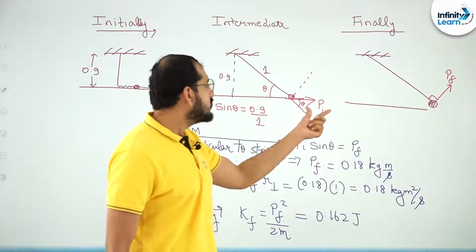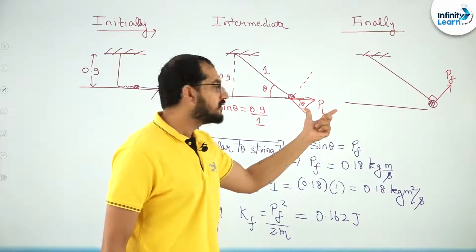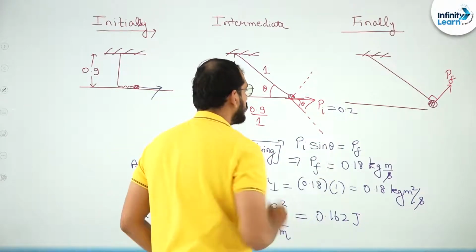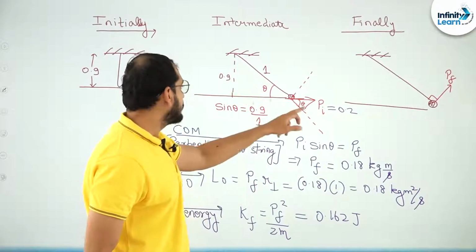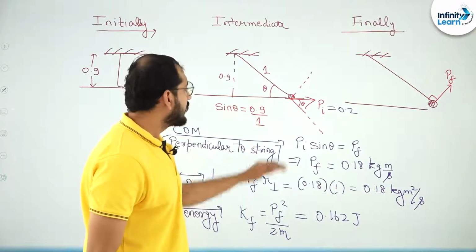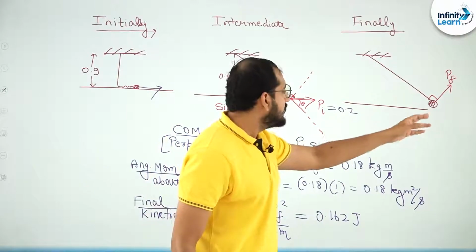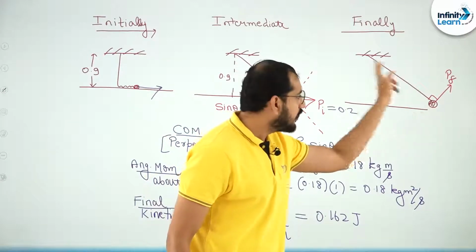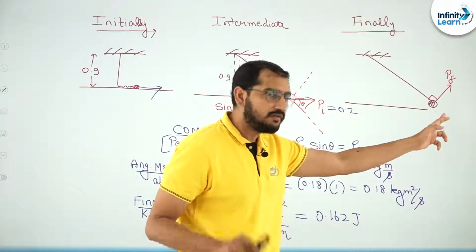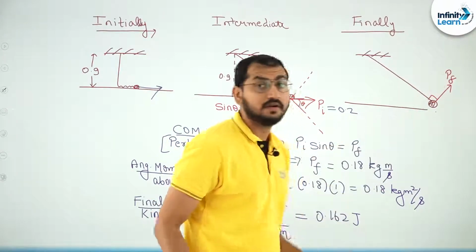All right, this is the initial momentum 0.2 that we have applied. Okay, the value of Pi is 0.2 given to us. All right, so this is the angle theta, sin theta we can very much calculate from the geometry here. Okay, so the concept here is that in my final state there will be no velocity, hence no momentum along the string. Whatever the momentum, whatever the velocity, it will be only in the perpendicular direction.